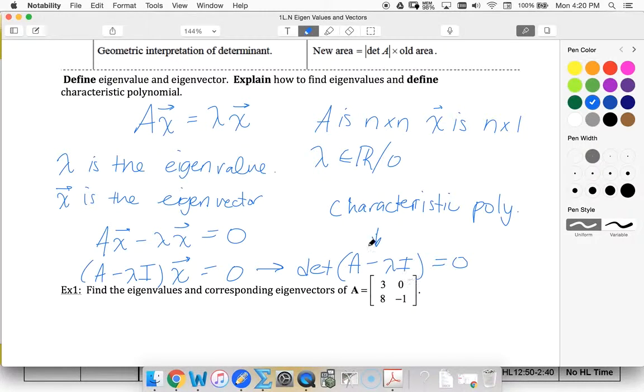So notice that this is an n by n matrix. So my characteristic polynomial is going to be an nth degree. So think about a 2 by 2. If I was looking at the determinant here, the most I would end up with is a lambda squared. Yeah, and that would come from a lambda being here and a lambda being here because I'm subtracting lambda I. So I would only have lambdas along the main diagonal. So I would have a degree n